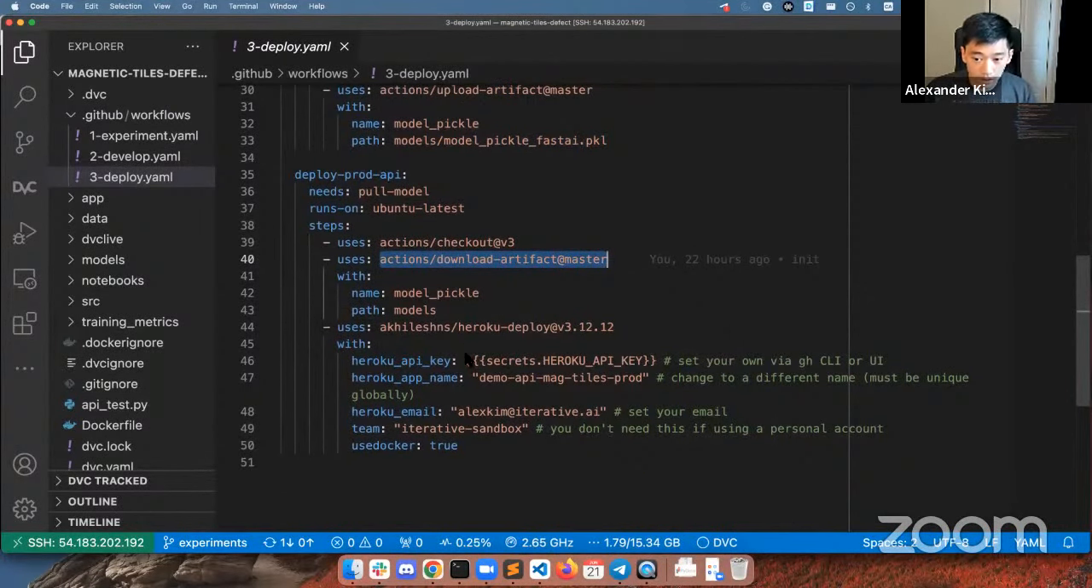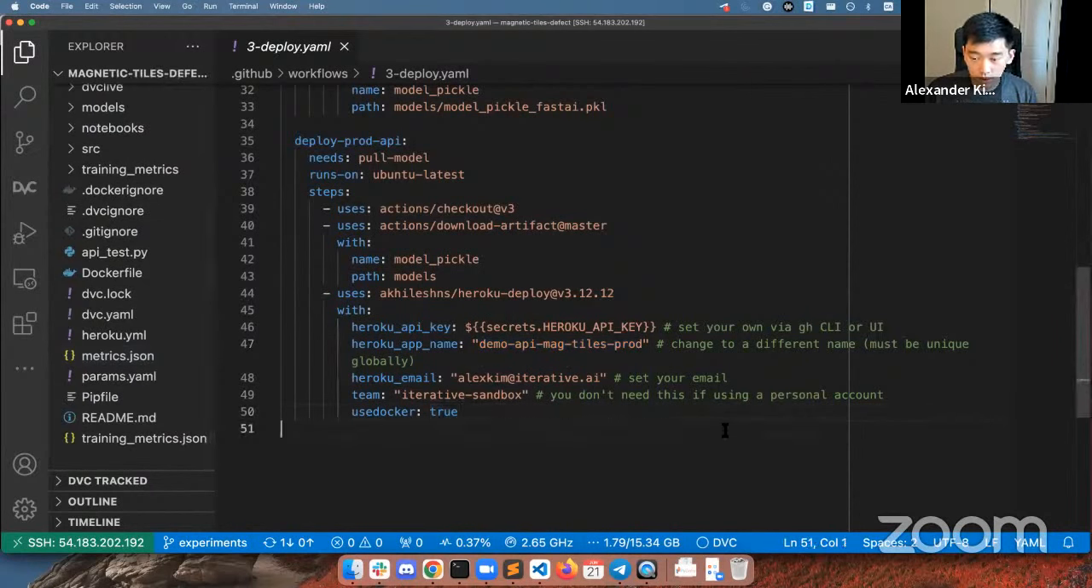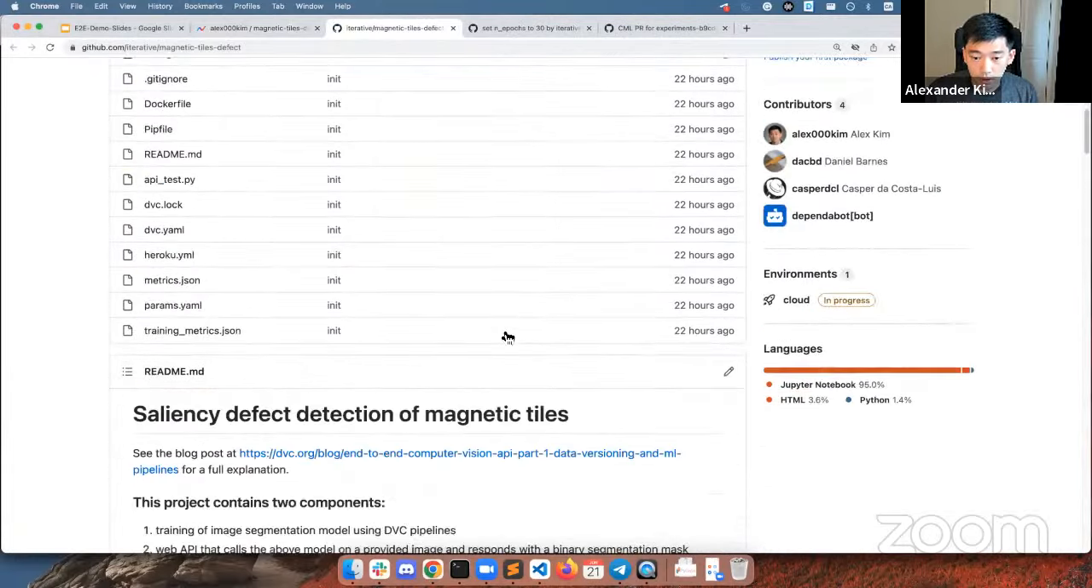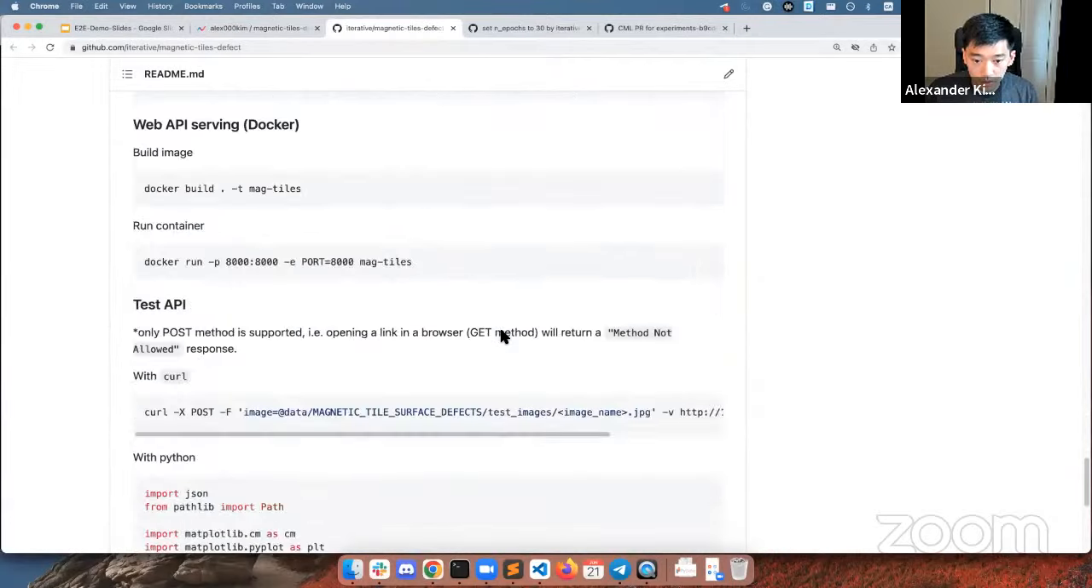building a Docker container with this Heroku deployment action, and then deploying it to this endpoint. And then it exposes the API so that you can send an image through curl or whatever. There's a description here in the README file. If we scroll to the bottom,